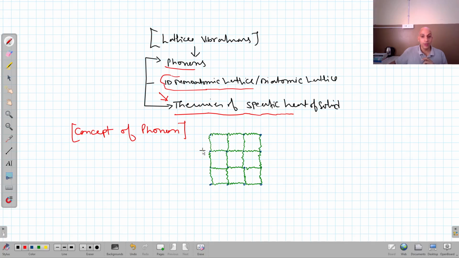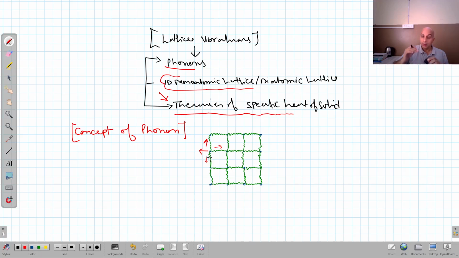But this is not allowed if they want to go toward this side, because they are pulled by this atom back toward this side by means of electrostatic force of attraction. Similarly, if it wants to go toward this side, it is attracted. So we can say these electrostatic forces are acting like a spring, right? So they are taking the atom back to its original position. So we can say the individual atoms are behaving like harmonic oscillators. They are oscillating about their equilibrium position, right?